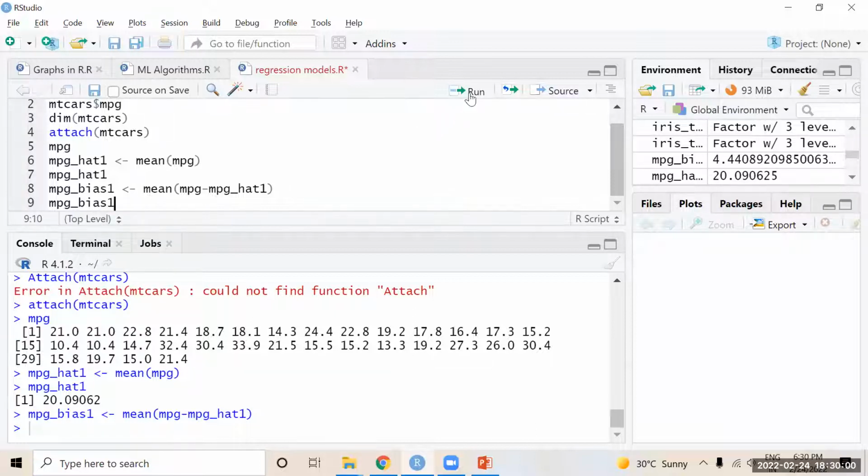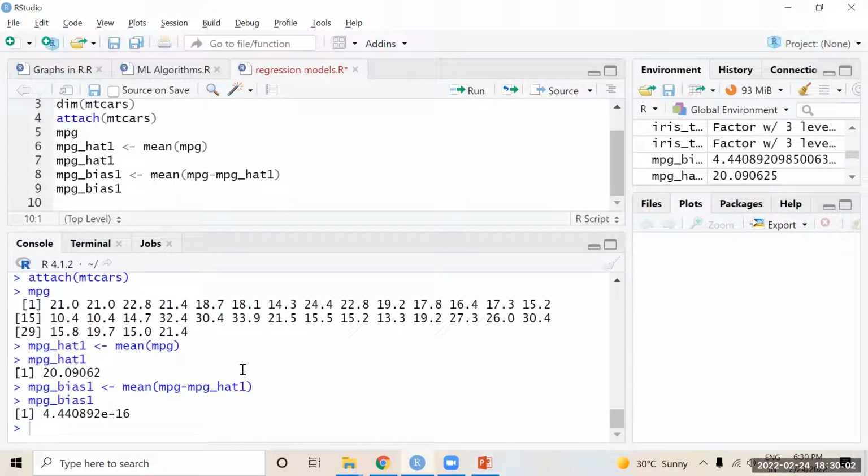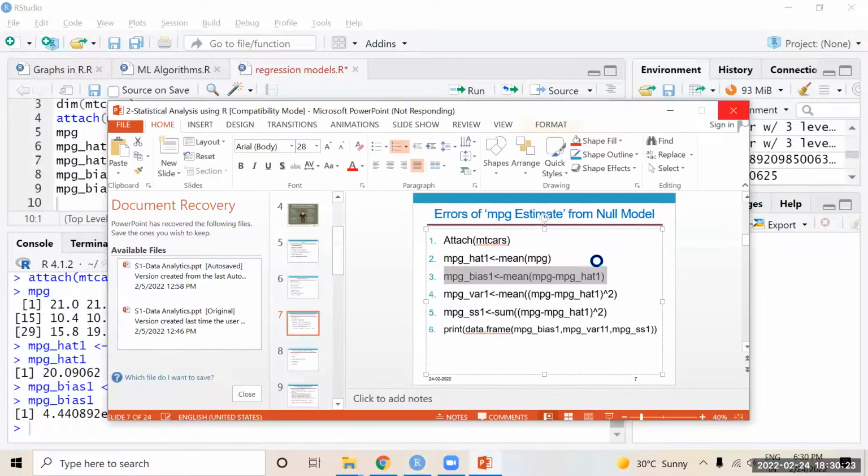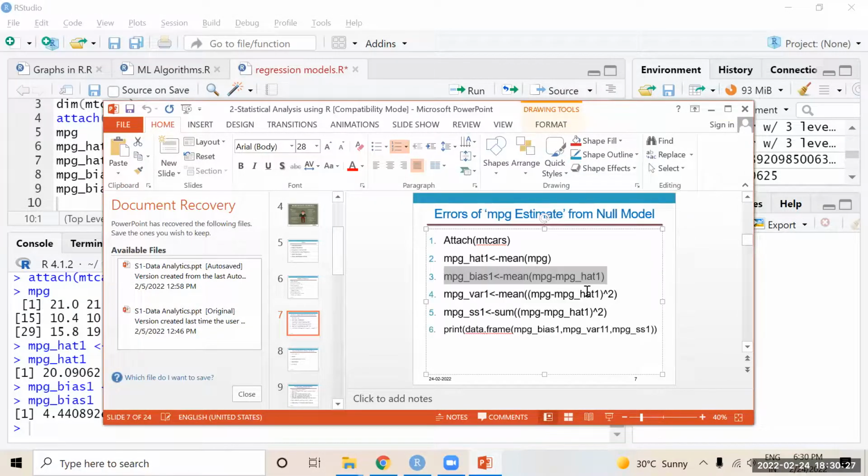Okay, now this is 4.4. Each and every observation when compared to the mean of all the mileage of the cars, the difference is 4.4. You take all the values, the average difference between the center of the data and the individual observation is 4.4. Now next, how can I find the sum of squares?